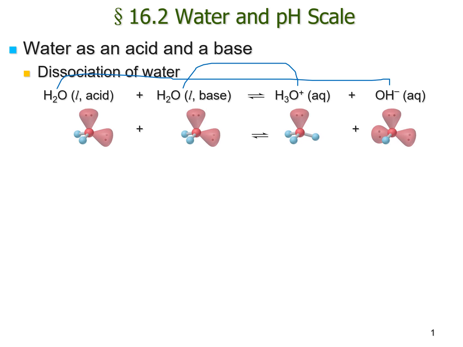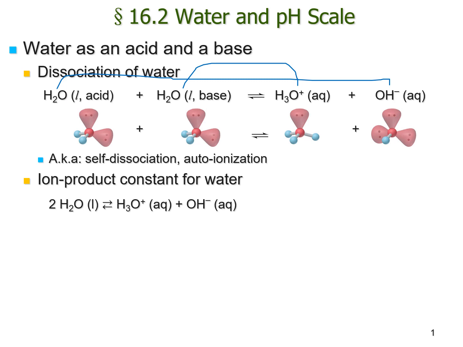Okay, so this equilibrium is very interesting, and it is the foundation of all acid-base equilibrium, as we will soon see. This equation has to be investigated long before the whole concept of acid and base. So this equilibrium has its own unique names: self-dissociation, autoionization, and so on. These are the two most popular names for such equilibrium. Since it's an equilibrium, we can write a Kc for it.